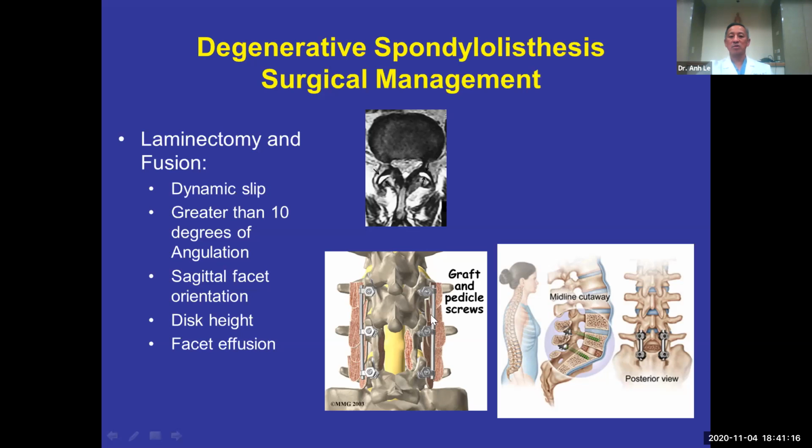So what are the pedicle screws and rods for? Basically, they are an internal brace, right? They serve no more than just an internal brace to hold the two vertebral bodies together in the correct alignment while waiting for the bone to heal itself. After the bone heals itself, these implants are no longer of use, but we don't go back in to remove them because it necessitates another surgery.